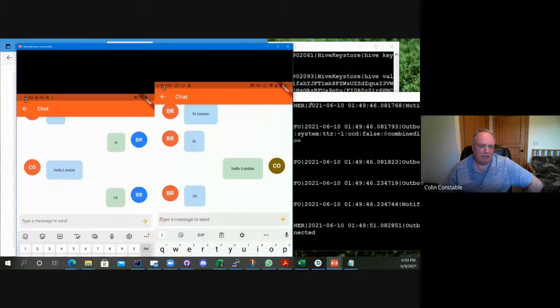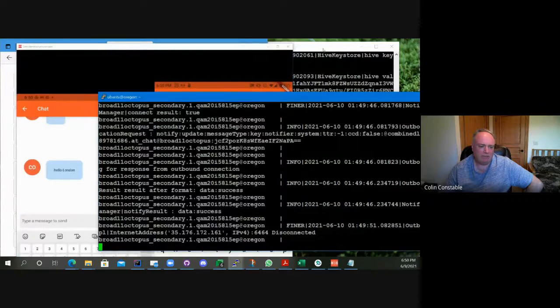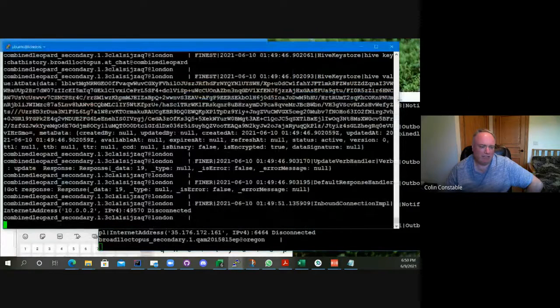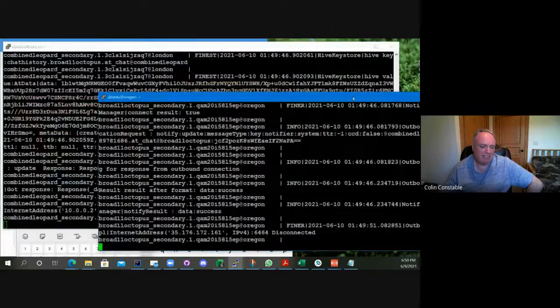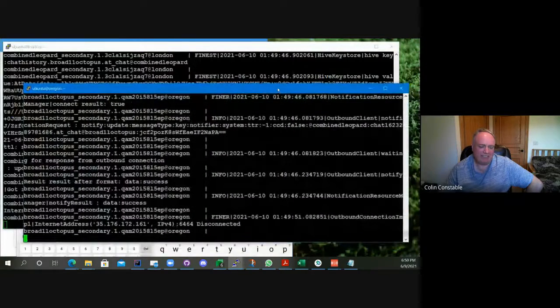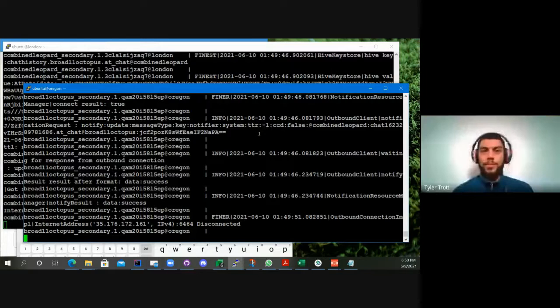You can see whether it's authenticating or not, and you can see all the microservice data, and there's no data that's in the clear. Everything here is being encrypted with AES 256. So yeah, that's it. Tyler, would you like to show the code?